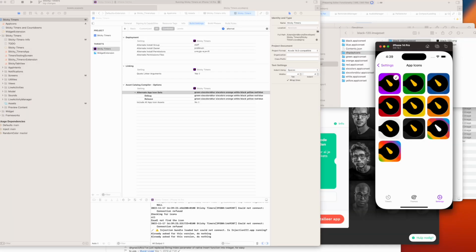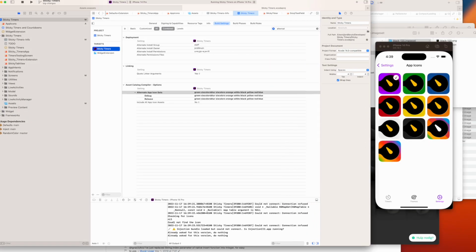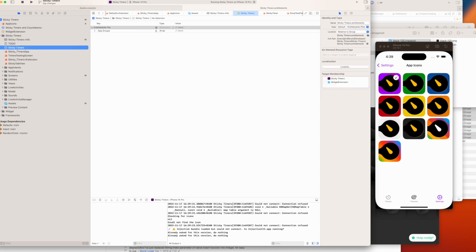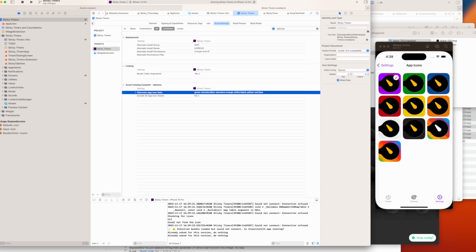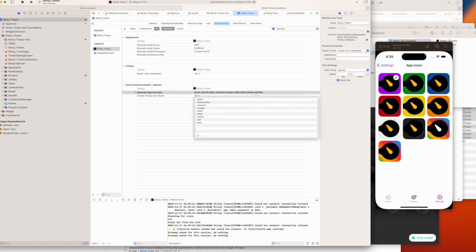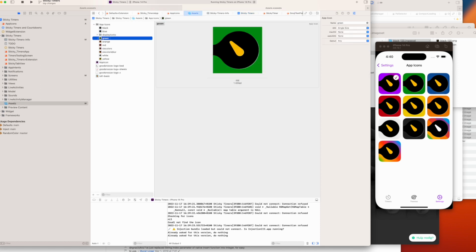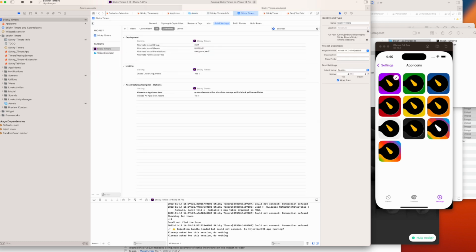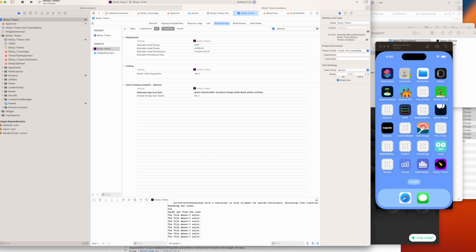All right, so I was able to find out what the cause of it was. I ended up not using the Info.plist and looking at a newer article where basically you go to build settings, and then in the build settings you can add all the names of the different files. So now in my assets folder, I just have the single files, and then I go to build settings. But what I was doing was adding them to the widget extension target, and it doesn't need to be there, it needs to be in this one. So now when I run,